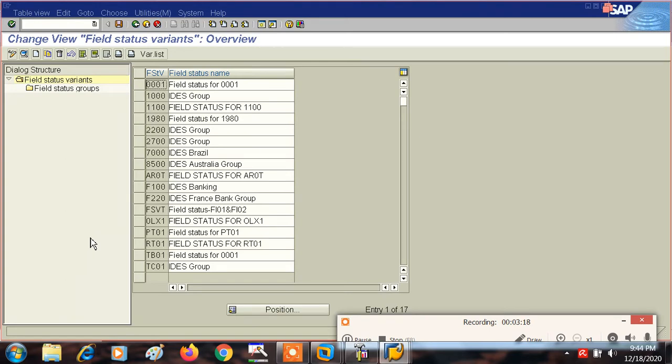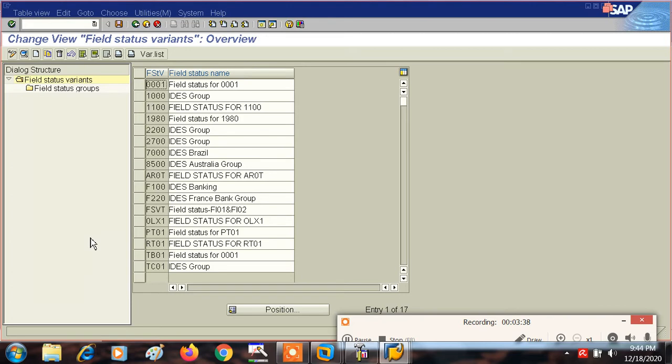So this is a group of fields, right? Now what is the use of these fields? Why do we attach these different fields at the time of making master data of different kinds of general ledger accounts?